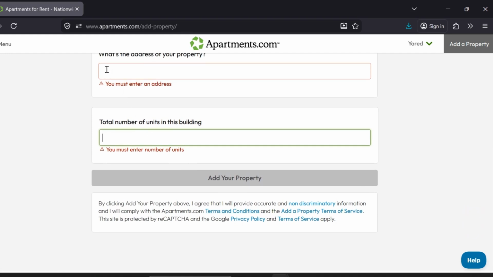Very simple, very straightforward. This is how to list a property for rent here on apartments.com. Listing online increases exposure, attracts more potential tenants, provides flexible marketing options, allows virtual tours, highlights nearby amenities, supports competitive analysis, simplifies tenant communication, and